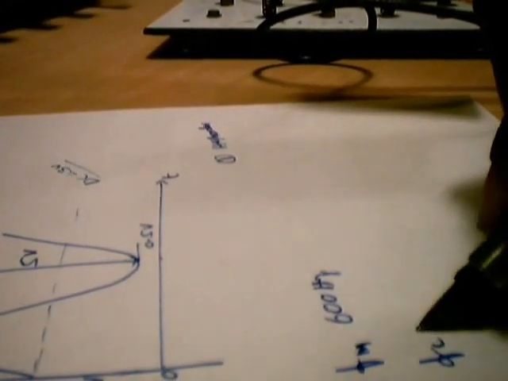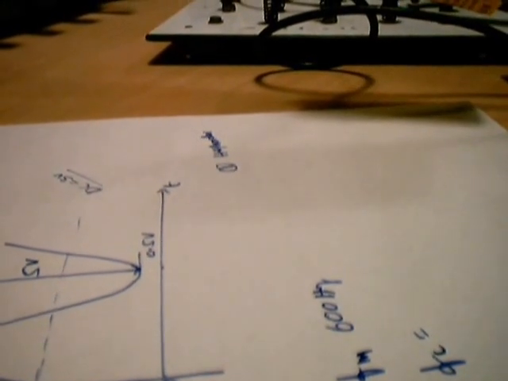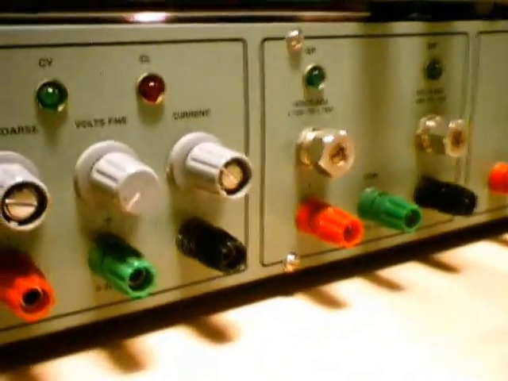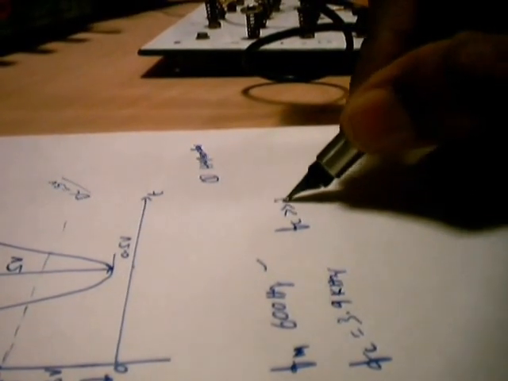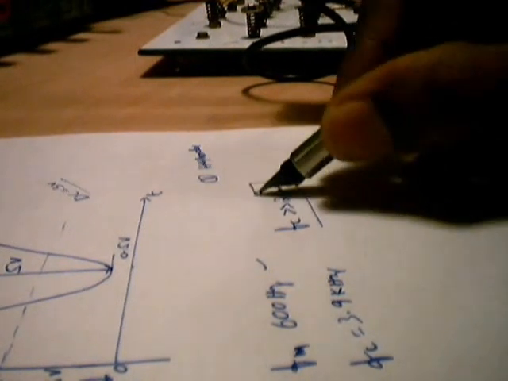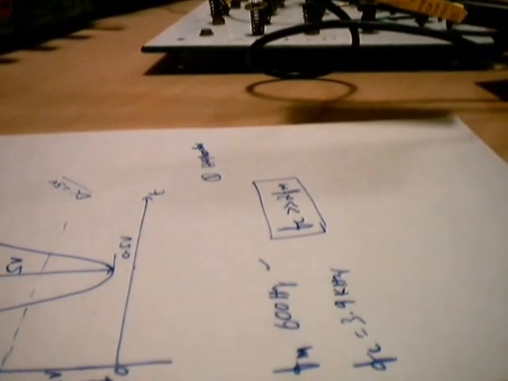The carrier frequency we can measure from the DSO, and it comes to be 3.9 kilohertz. So this is 600 Hertz FM, and FC is 3.9 kilohertz. So it is certainly satisfying FC greater than or equal to 2 FM. So my Nyquist criterion is satisfied. That means I'm supposed to get the proper demodulation ideally.